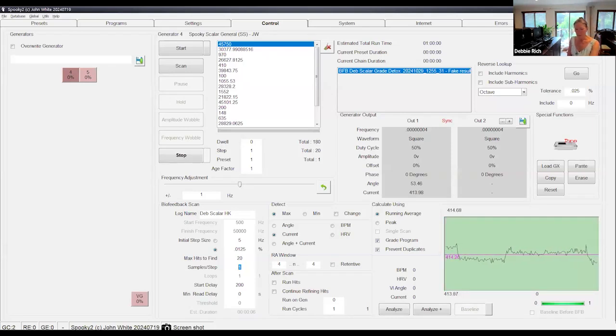So the idea with scalar is that it's a healing machine. It allows the body to heal. So if I had cancer, or knew someone with cancer, and we were going to heal the body from cancer, the things that I would be doing would be fresh air, grounding, sunlight, clean water. I would be taking a real good look at diet, and this is where it gets even more complicated, because